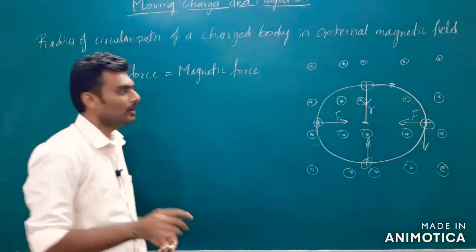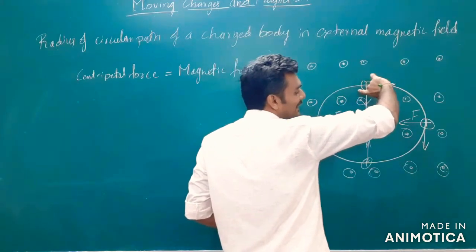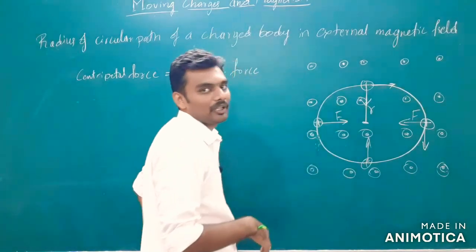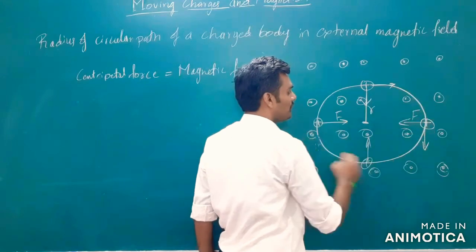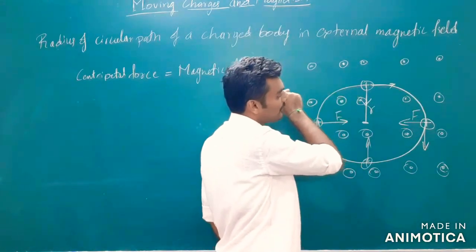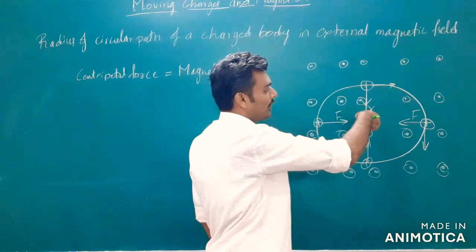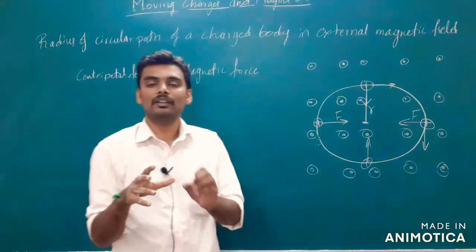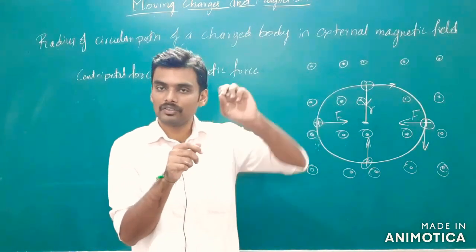That is the physical reason why the work done by the magnetic force is 0. The magnetic force is neither increasing nor decreasing the velocity of the body. The speed remains the same at all points, the same speed with which the body enters. The same speed is maintained but the path is changed, which is similar to the tension force in the thread, right? That is not doing any work.